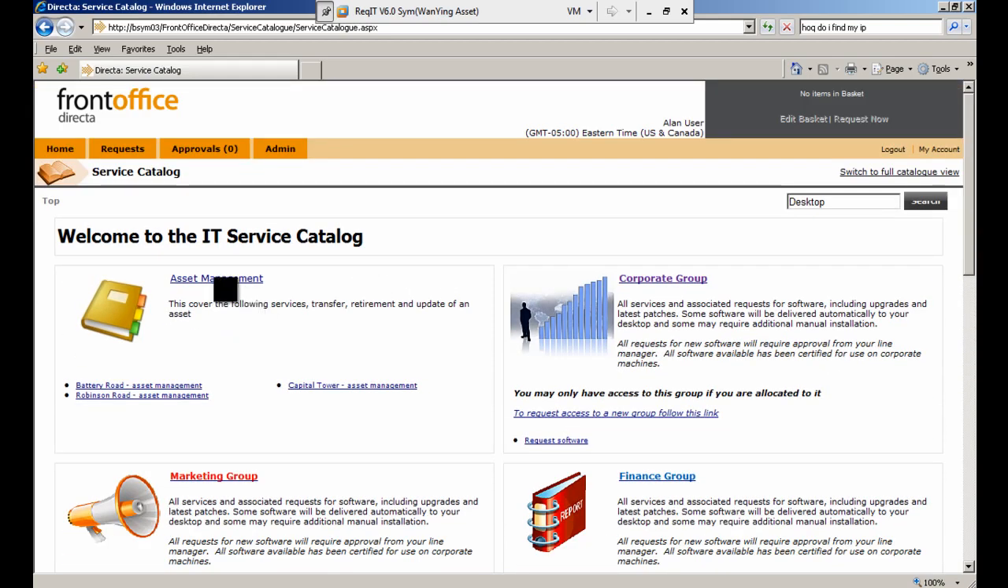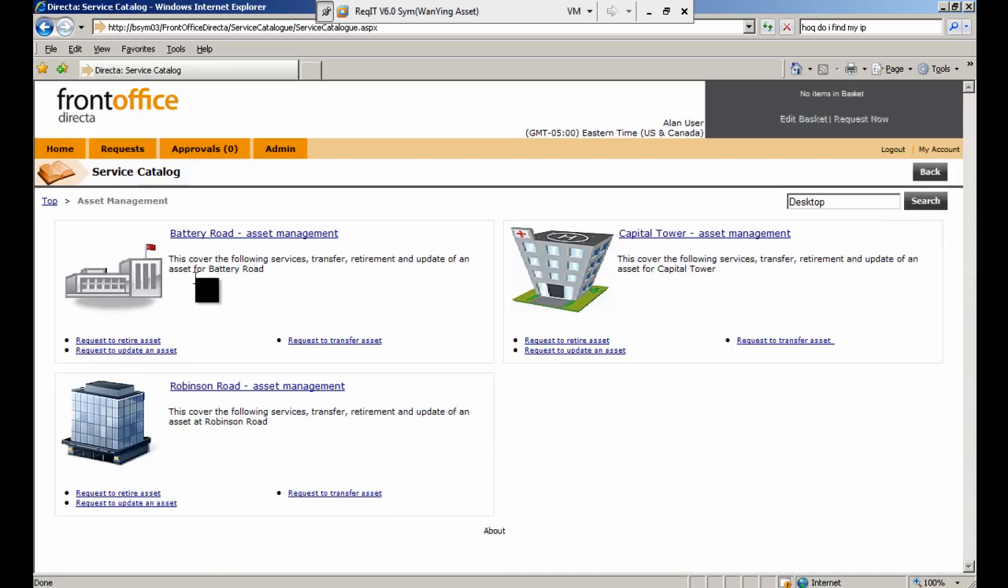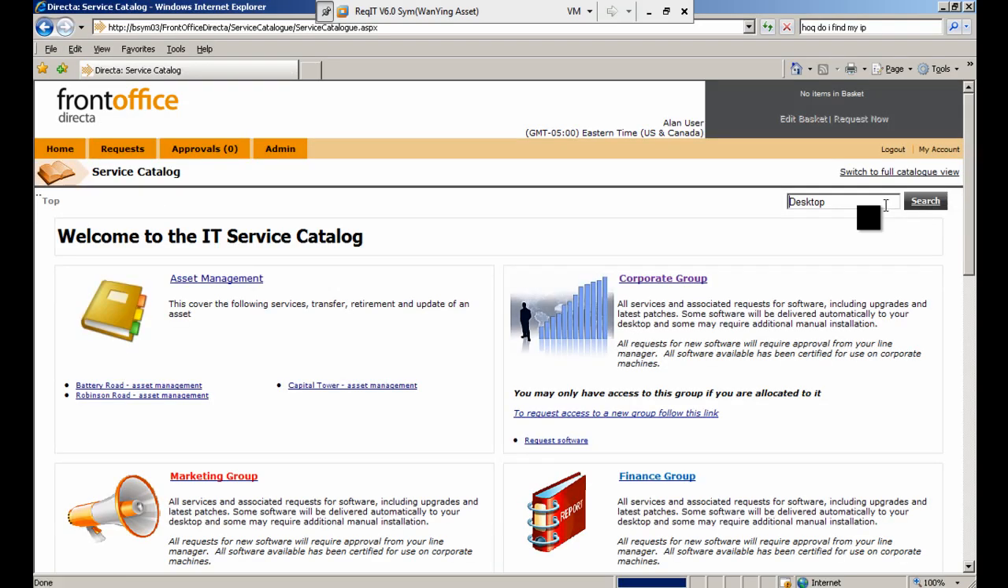And also, if I click on the asset management link, then they can click through and they can see different areas of asset management for different areas of the business. Now they could go in here and request to change assets in any of those businesses. So if I go back to the top, and what I'm going to do now is to log out, and